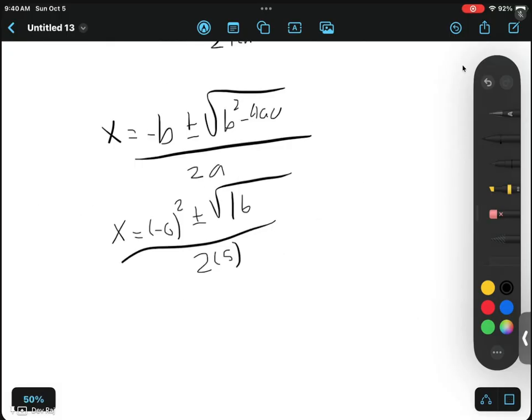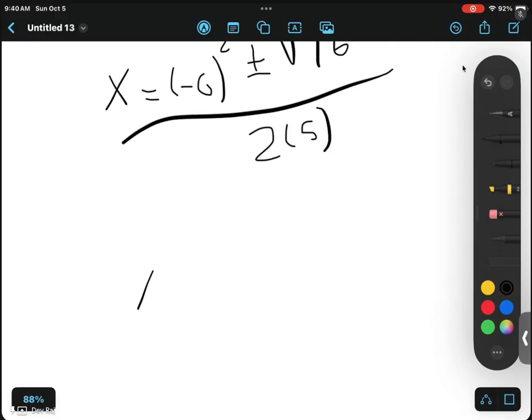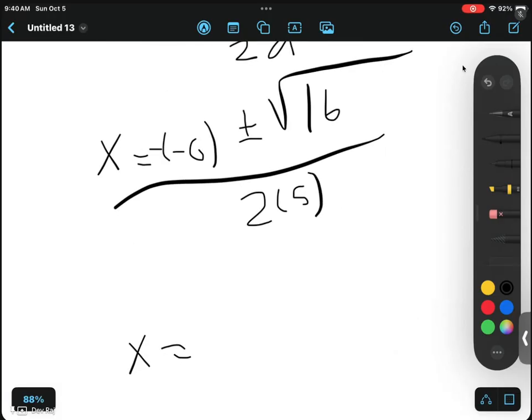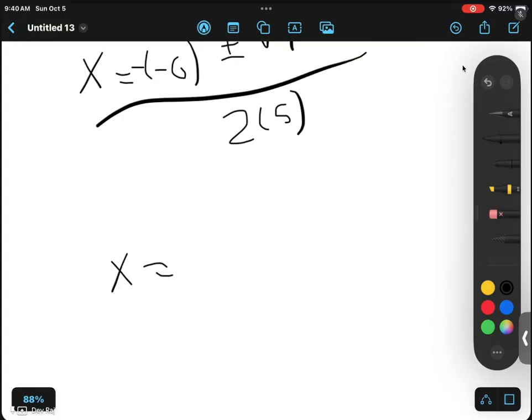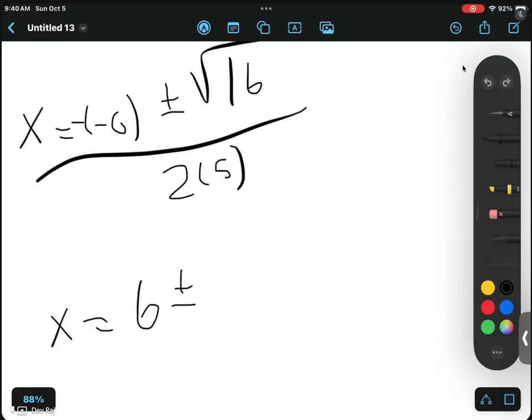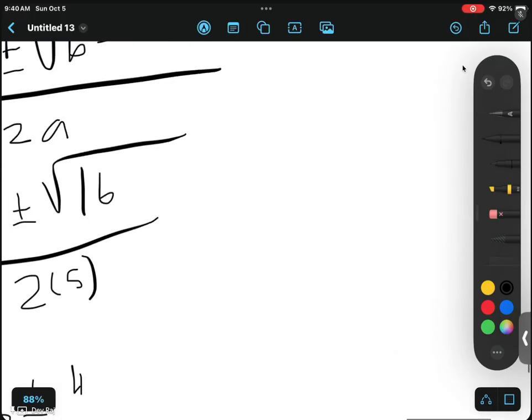Are you guys clear how we got here so far? Yeah? Okay. So if we solve this further, we get s is equal to, this should not be squared. There. And then negative 6 times negative, a negative number times a negative is positive, so that just becomes 6, plus minus, and then the square root of 16 is 4, because this breaks into